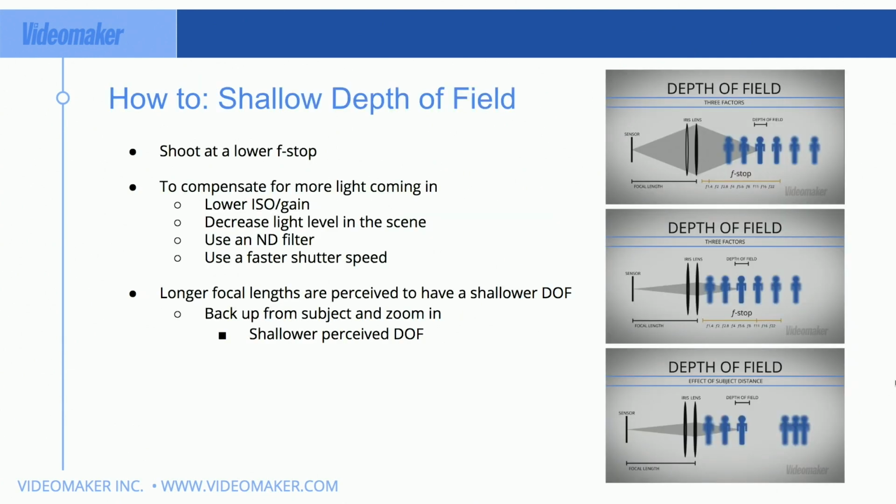Now, this is something that is difficult to do until we got DSLR and mirrorless cameras for videographers. The fixed lens cameras struggle with this, and we'll go over that in a little bit at the end of this presentation. But if you're shooting on a video camera, it's not likely you're working with the 3 parts of exposure, which is ISO, your aperture, and your shutter speed. So with all 3 of those being a part of it, you then get to control how much depth of field based on the light.